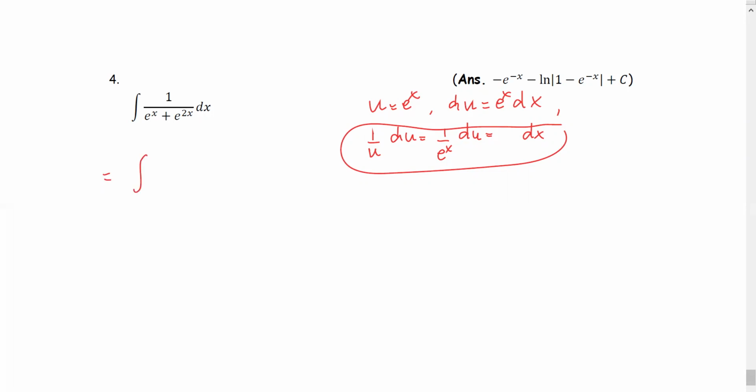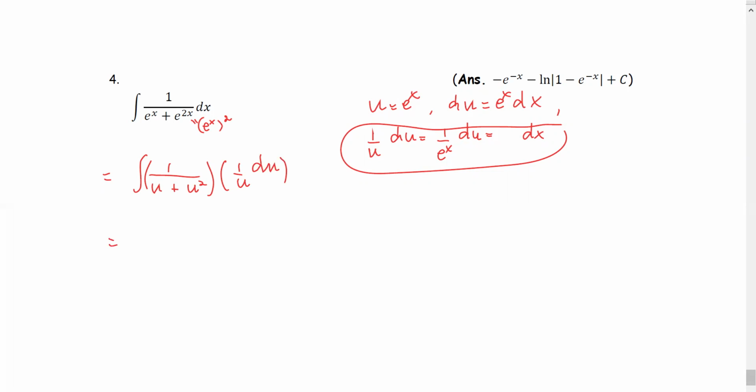Replace it into the original integrand. 1 over e to the x, which is u; e to the 2x, this is e to the x to the second power. That means we have u to the second. And our dx in terms of u is 1 over u du. Now we